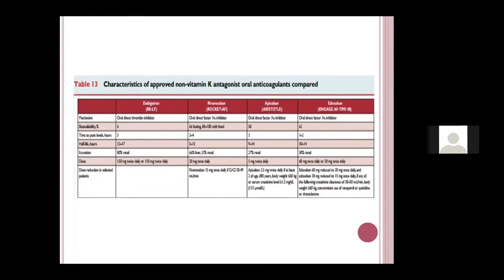But the important thing is, once your creatinine clearance is low, you should avoid all these drugs except apixaban, which is the only drug that is a little bit safer even with a lower creatinine clearance. Some people use it even in patients on dialysis, as it is only somewhat excreted by the kidneys. Edoxaban we don't use much, so I am not going to discuss it.